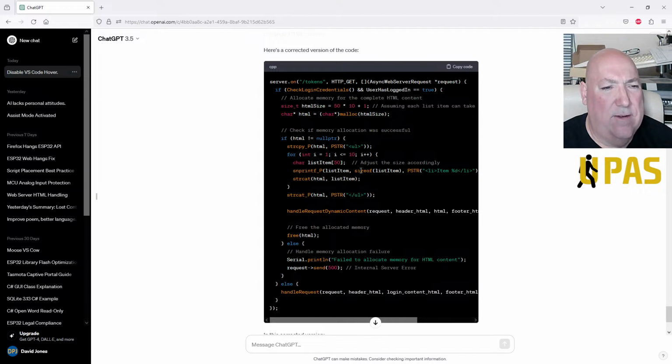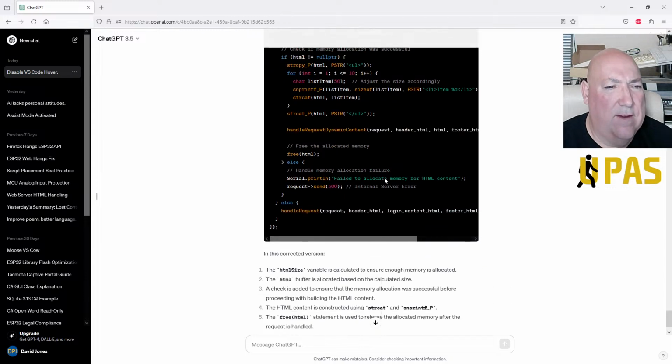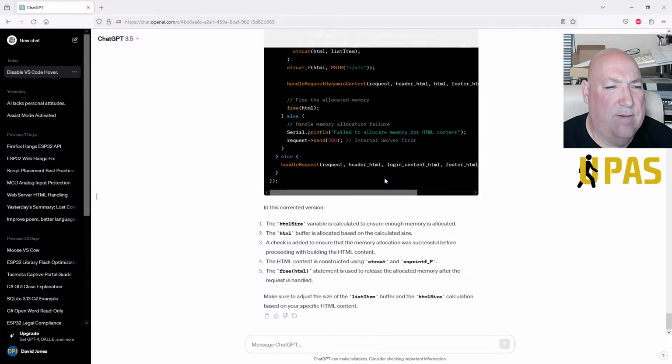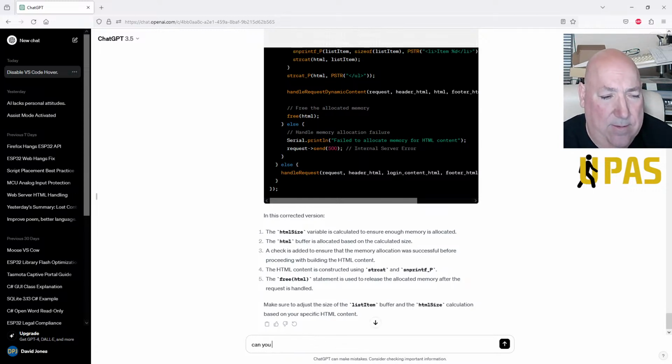Why does this need to? Yeah, it needs to do it a certain way. Right, I don't know. Right, can you do all dynamic from RAM?